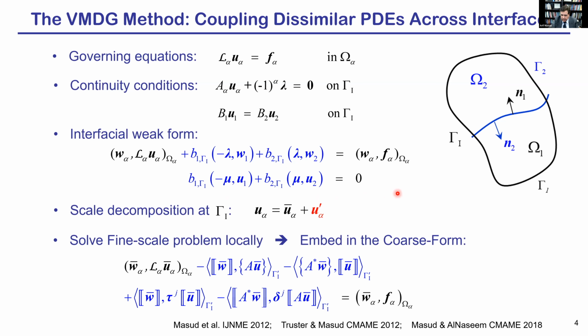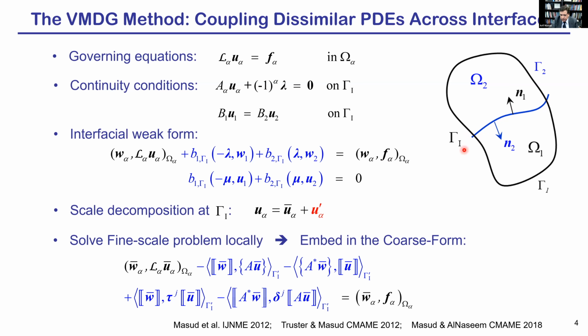There are a couple of issues here that arise. Since this gives rise to a mixed field problem, not all combinations of interpolation functions for the Lagrange multiplier and underlying field are stable and convergent. So we need some kind of stabilization in there. And secondly, and most importantly, from the material modeling perspective, the Lagrange multiplier has a connotation of a force type field. It can tell you how much force is needed to keep the two pieces together. But if you have interfacial kinematics, and that typically happens in solid mechanics problems, then the Lagrange multiplier cannot model it. Penalty function cannot model it. So we will develop a system of equations to be able to